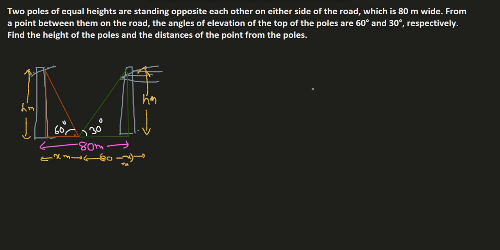For that, same procedure, you have to identify two right angle triangles. One is orange and another is green. From the orange triangle, this is opposite, this is adjacent. Therefore, opposite by adjacent, tan. Tan 60 is equal to opposite h by adjacent. This part is x. H is common in both triangles. Therefore, make h the subject. H is equal to x into tan 60. H will be x root 3, since tan 60 is root 3.